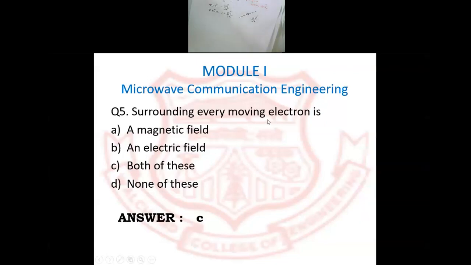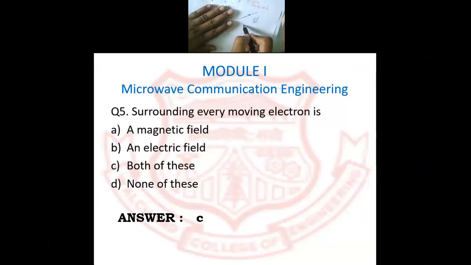So, surrounding every moving electron: this electron is moving, so charge is moving. Because this electron is moving, there will be an electric field and there will be a magnetic field. The electric field we can find out from dq by dt, the rate of change of the particular charge. When current is flowing through the wire, whether it is a DC current or AC current, there will be a magnetic field. If we consider the moving electron with respect to time and so on, the equation will be different, so right now we are not talking about that particular part.